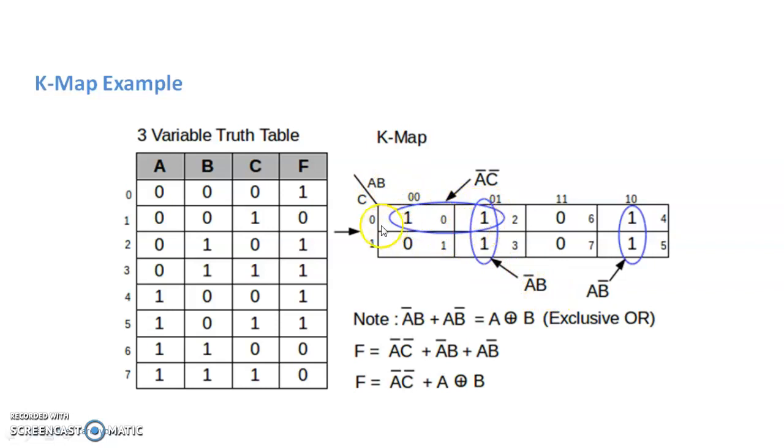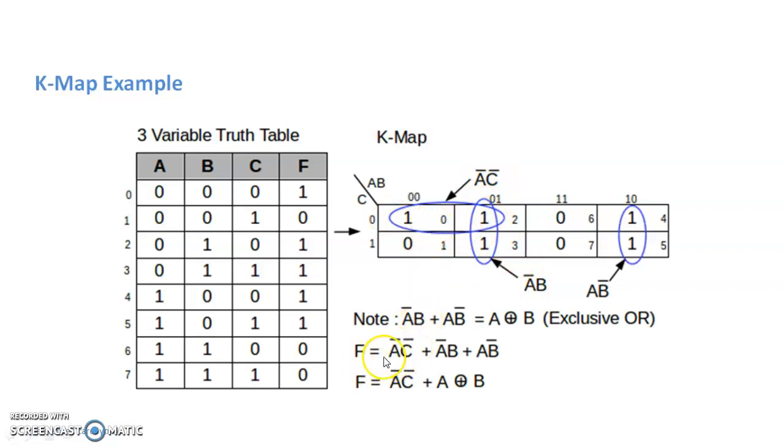And for the third group, this is C bar, and this is A bar, because see here A, 0 0 and 0 1 means B plus B bar get cancelled. Here 0 0 and 0 0 means it is A bar. So A bar, and this is C bar for the third group.